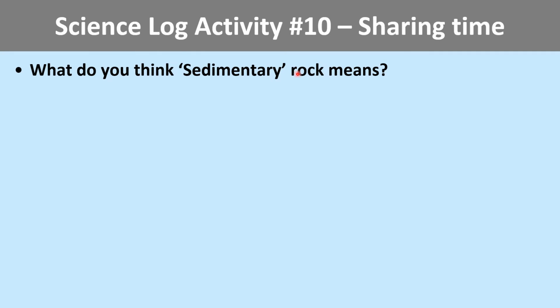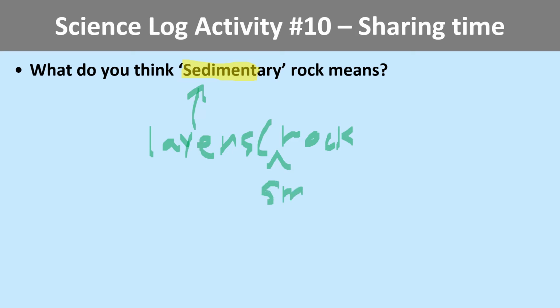So as an initial part, let's go through one of your homework questions. What do you think sedimentary rock means? First things first, in science, it's a good idea to divide some of the terminology into two sections or more. What is sediment? Sediment means some kind of layers made by rocks, technically small rocks,